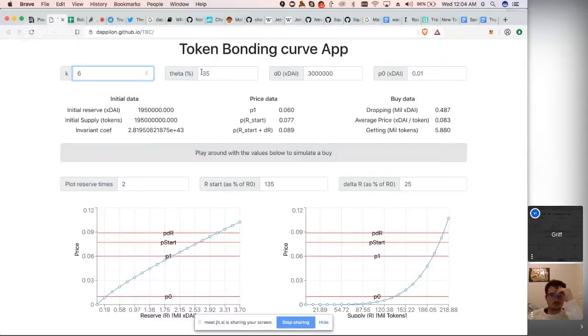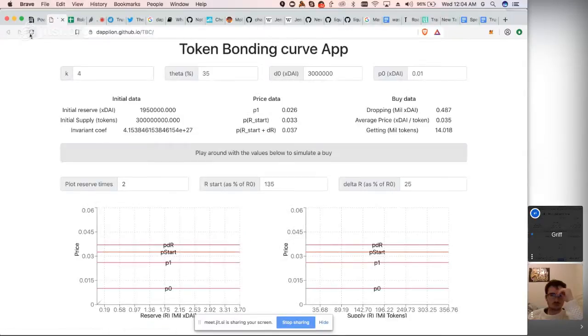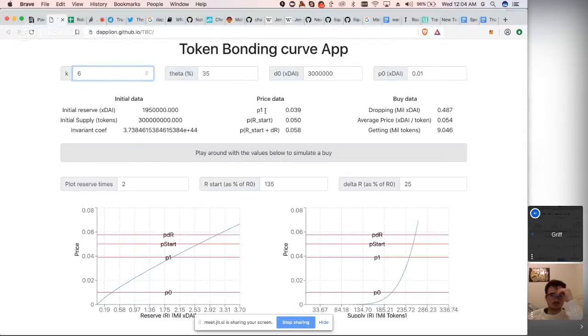Oh, weird. I need a hard refresh. This isn't right. There we go. We had some updates. So P0 is something we set in advance. P1 is something we set in advance. And theta and kappa. These are things we play with in advance. D naught is something we usually can't control, right? We don't know how many people will send how much money to the thing. But no matter what this is, we can actually,